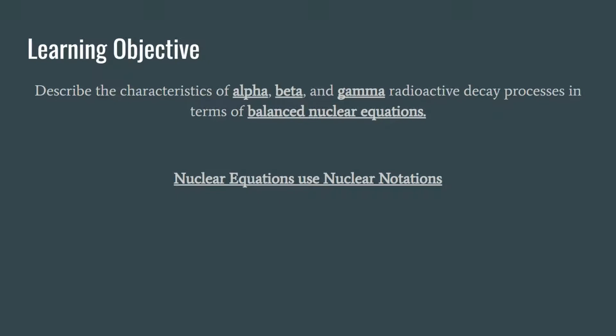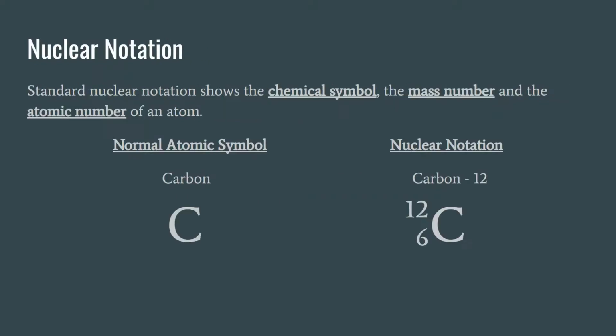And in nuclear equations, we use nuclear notation. So standard nuclear notation shows a lot more information than just normal atomic symbol notation. It's going to show the chemical symbol, the mass number, and the atomic number. So in normal notation, we would just write carbon with a C. But since we want to know more about its nucleus in nuclear notation, we're going to write it with additional information that shows not only that carbon symbol is C, but how many protons it has and how many neutrons